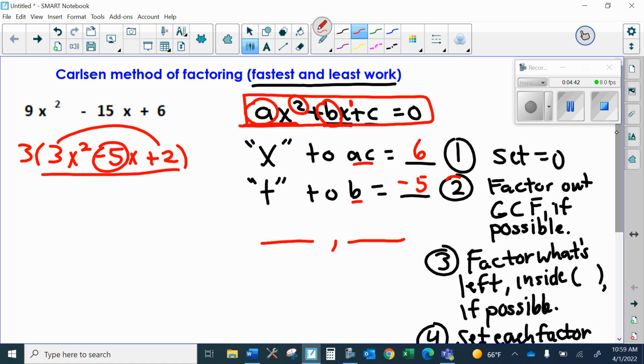All right, so I need to come up with the 2 numbers that multiply to 6 and add to -5. Well, that's going to be -2 and -3. Nice and easy, small numbers. Multiplies to +6, adds to -5. All right, so with the Carlsen method,